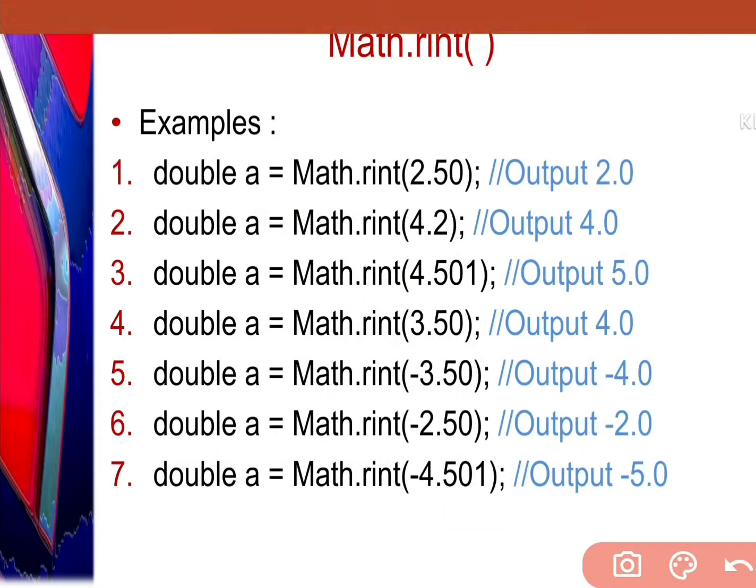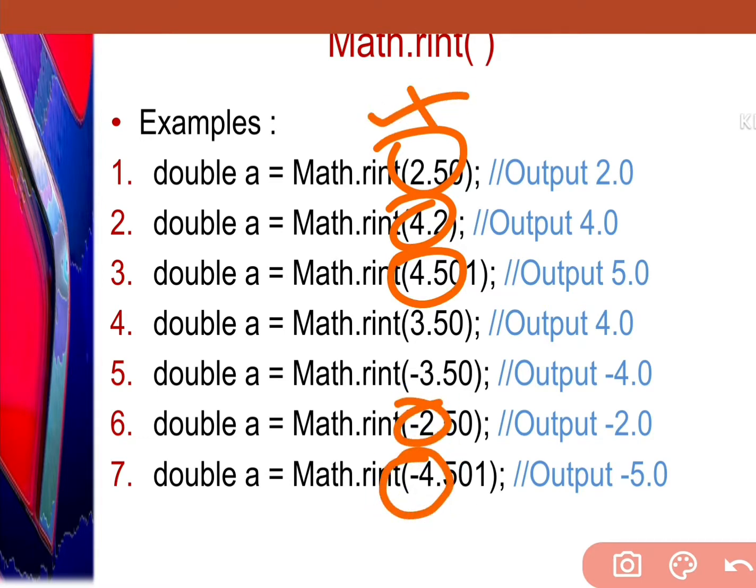See, in this example, again I am telling you the same thing. First of all, we are going to concentrate on even integers. This one, this one, this one are even integers. See, this one and this one, even integers. These are positive and these are negatives. I told you, negative or positive doesn't matter, the rules matter.